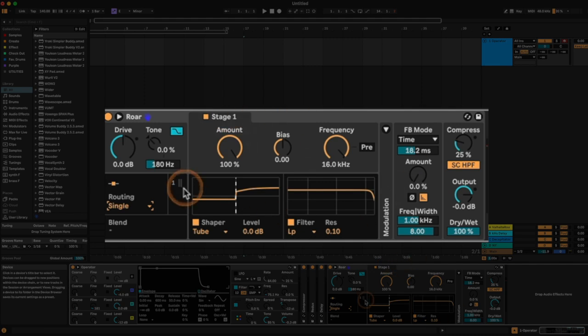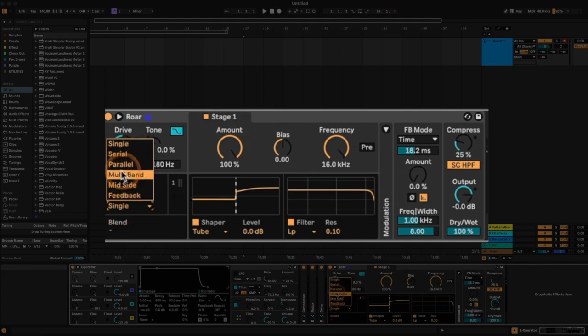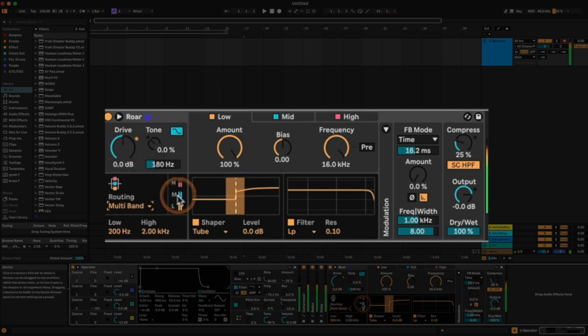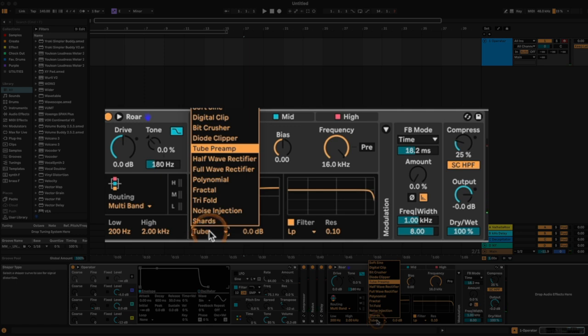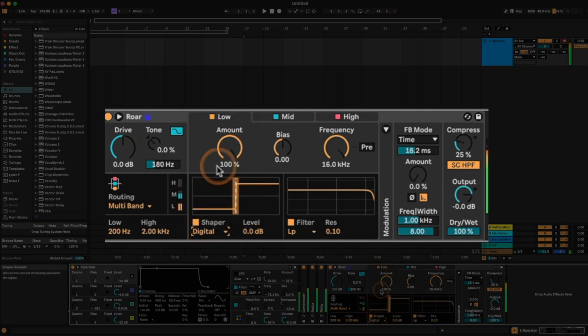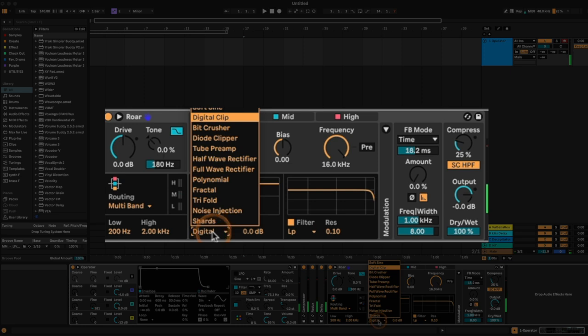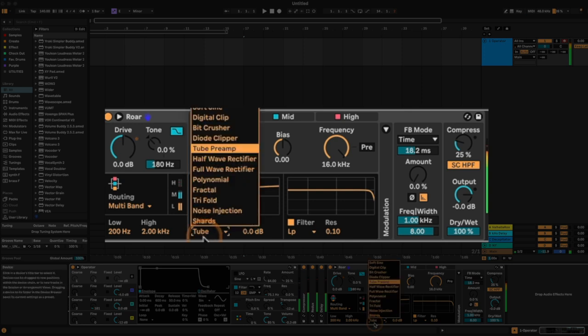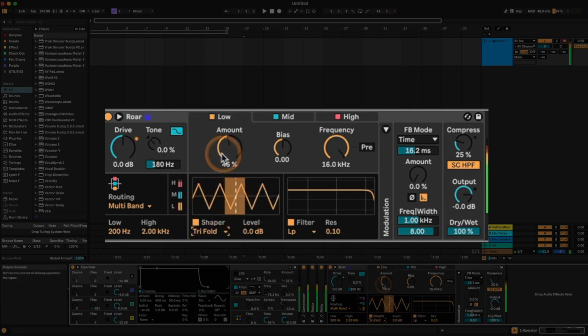And these options up here will change depending on which type of routing we have selected. And then it gives us a number of different ways to saturate and distort. We have everything from a digital clip to a tube preamp style, to a trifold,